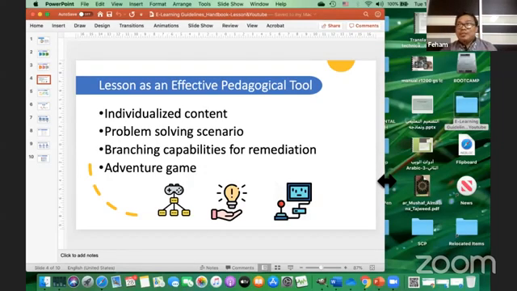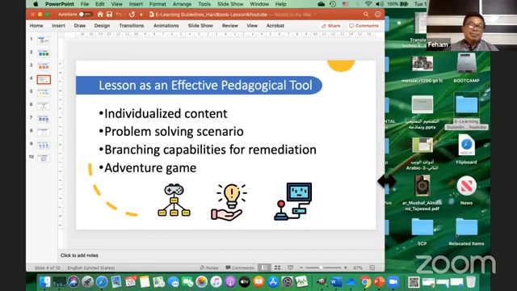The second one, you can establish a kind of problem-solving scenario. Every time, the student needs to answer something which will guide the student to a different track or learning path. So it's kind of like a journey, and in the end, the student will be able to solve the learning problem.